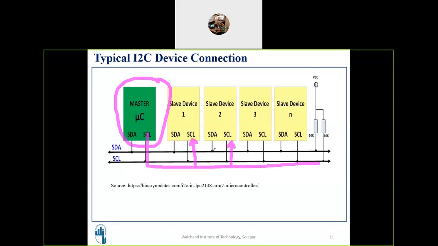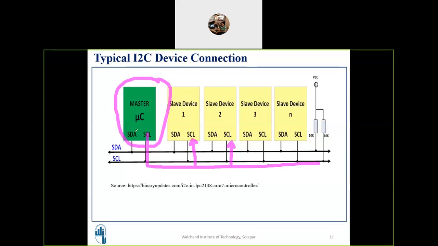Now look, every device has two pins. This has SDA, this has SCL, this has SDA, this has SCL. But remember, this SCL pin of the master is output, because it is the master. While this slave device has this same pin as input. And if the master is sending data to the slave, then this pin will be output and this particular pin will be input.